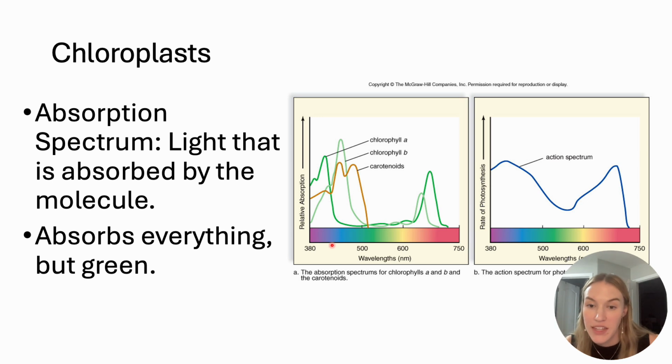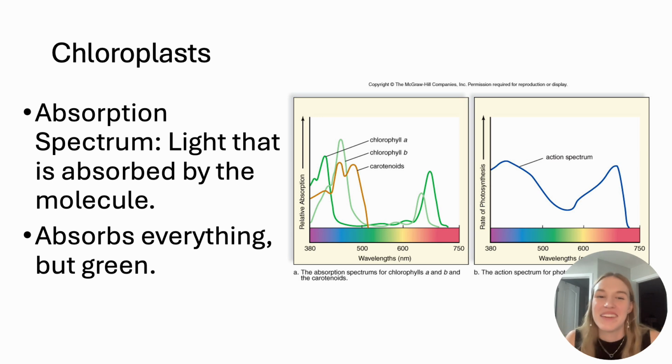And you should be able to tell me how that would appear to the human eye. And so chlorophyll, it absorbs everything but green, so it reflects green, and that's why we see green. Now carotenoids, they reflect greens, yellows, and reds, and so those typically appear orange to our eyes, and that's why we say things like carrots are very